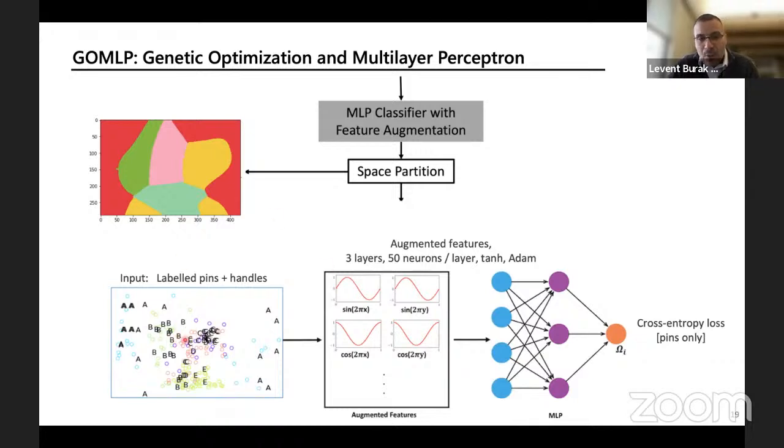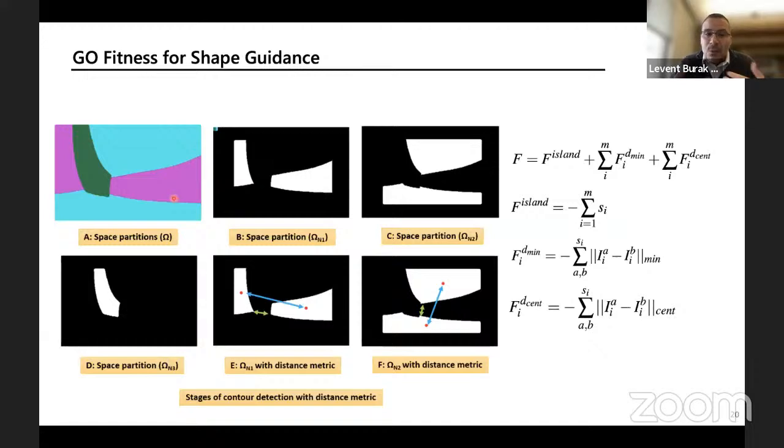So given this board, it will create a segmentation that's shown here. Given that segment, then we evaluate the quality of this. We look at the number of disconnected islands. That's something we want to minimize. And in order to do that, we have to have a mechanism, a gradient, a force that actually shapes these. So the types of geometric computations we do are the distance between disjoint islands, how can they be put together. So we turn all of that into objective functions that need to be minimized.